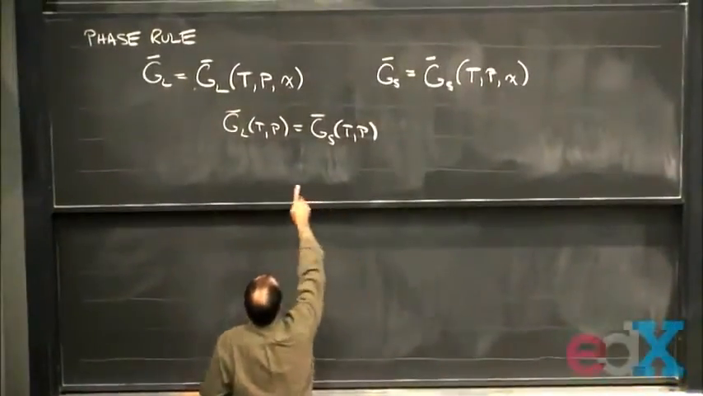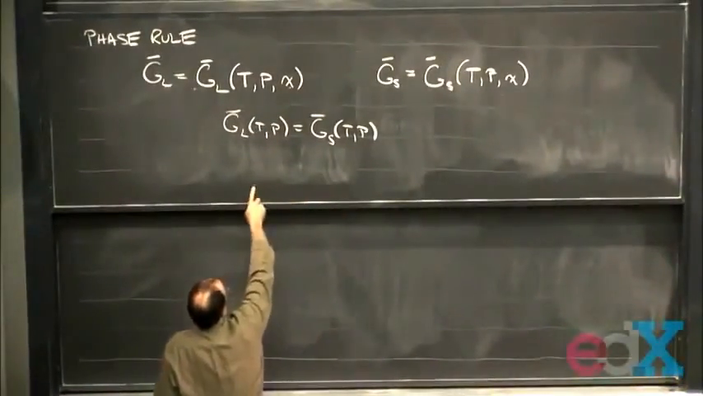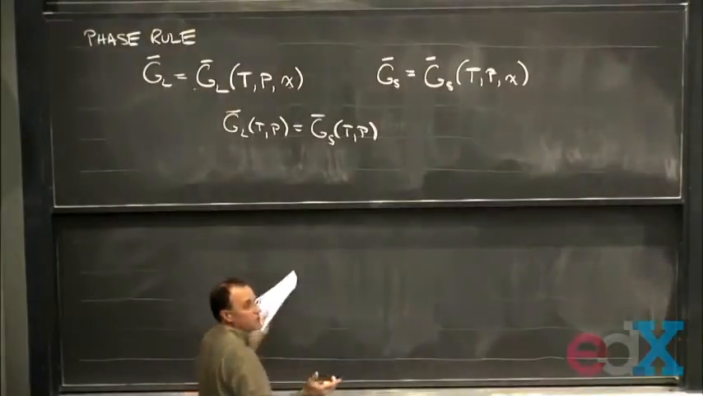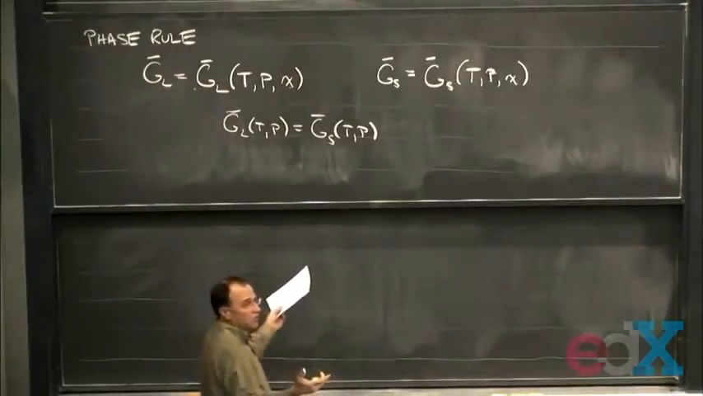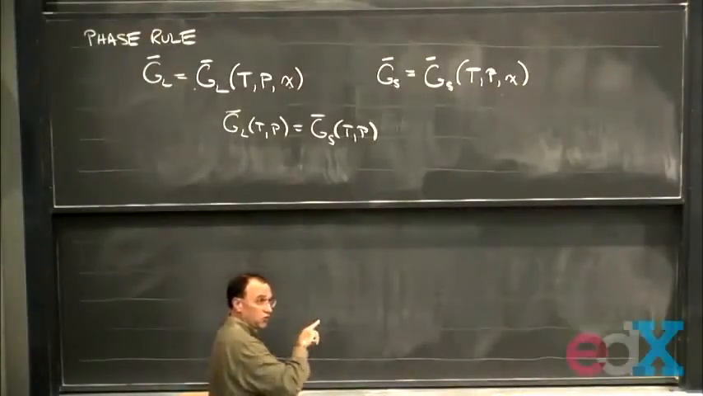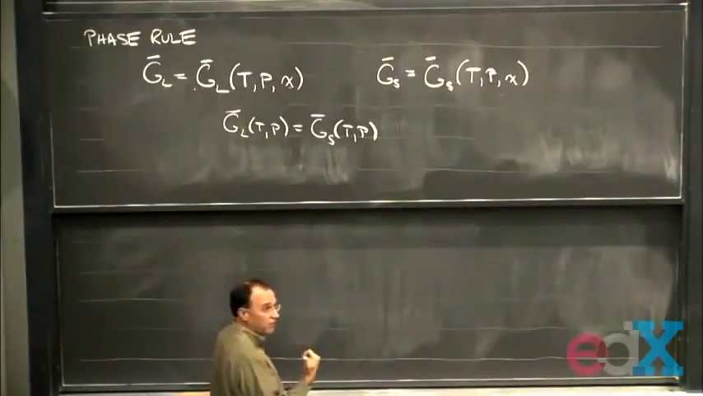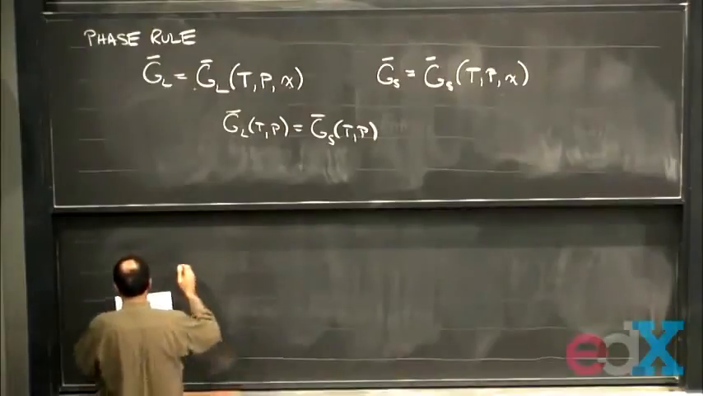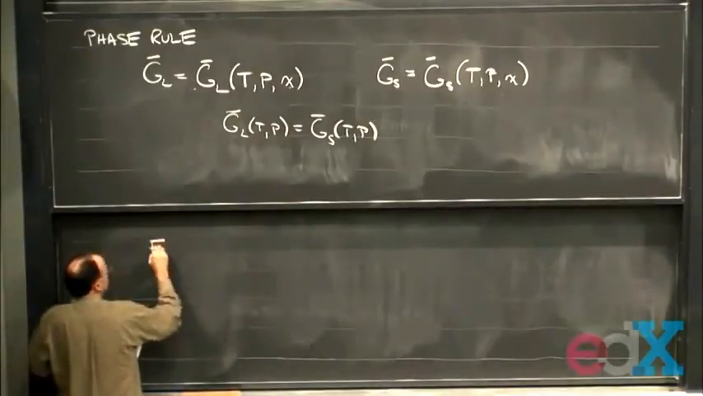It's just the mathematics of saying, well, if I set 2 functions equal to one another, and each of them depended on 2 variables, so if I put them equal to one another, that means if I choose one, I should be able to calculate the other. That's all it is. And so the phase rule is, if F is the degrees of freedom,